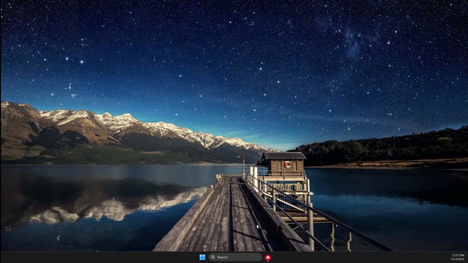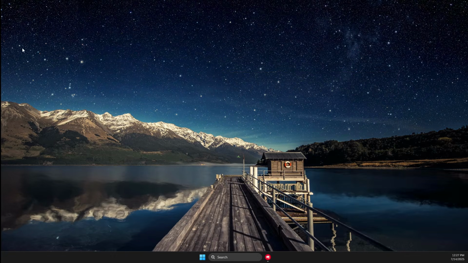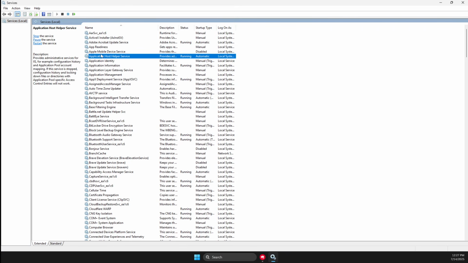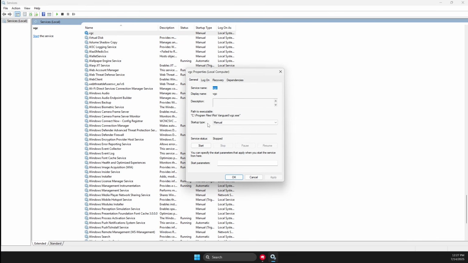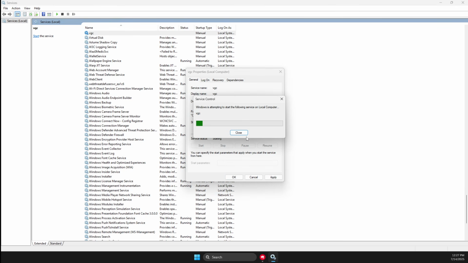But first, what I suggest doing here is to go to services, then click on one of the tasks here and press V until you see VGC. Right click on it, go to properties, then startup type, make sure it's automatic, and then make sure it's started, right? Then you need to wait for a couple of seconds